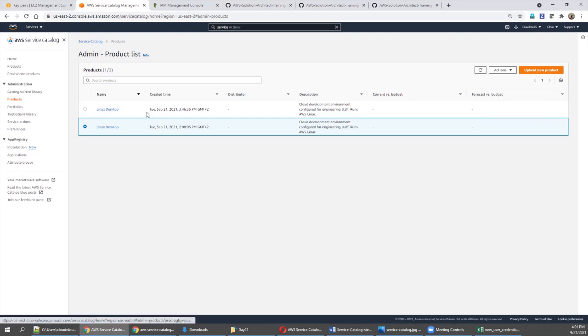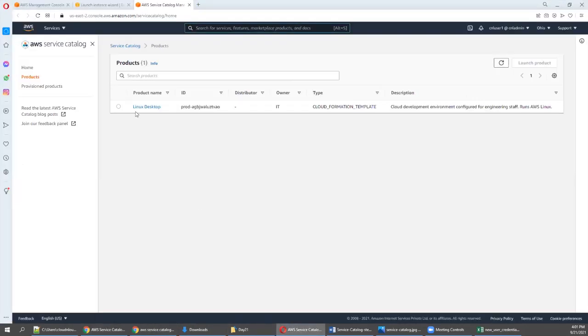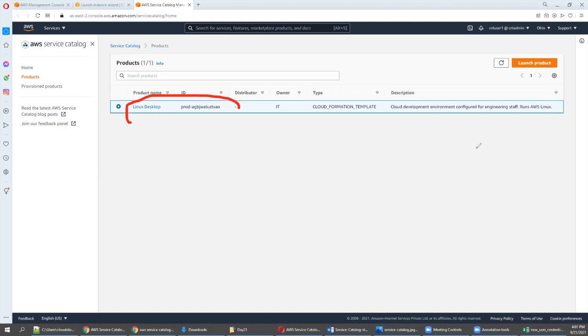For you, it will show only this because this is what I created recently. So I'm going back here as the user. Linux desktop, I'm selecting this, say launch product. Like this, you can create n number of products. Only the allowed products can the CNL user provision. This is exactly why service catalog is more powerful these days.